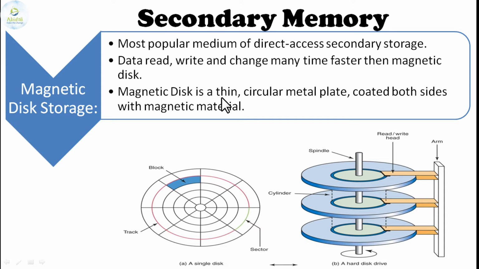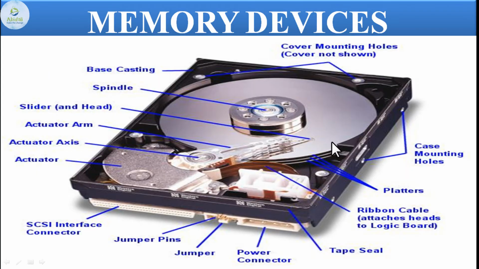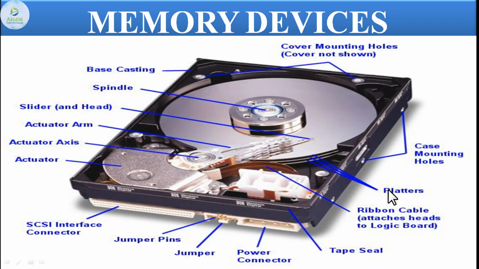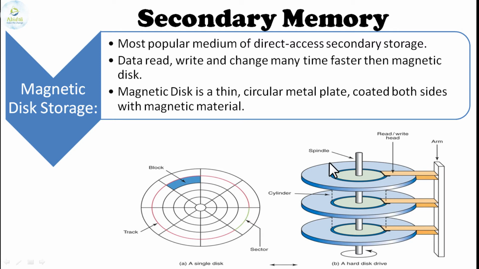So a magnetic disk is a thin circular metal plate coated on both sides with magnetic material. The real view is shown in this diagram. That is how it looks. We talked about tracks, sectors, the entire block of memory. The spindle, that is the rotating head, you can call it a cylinder. All these are the cylinders that are available. There are different reading and writing arms that you have seen in the diagram. This is the reading and writing arm, the actuator we will call it.